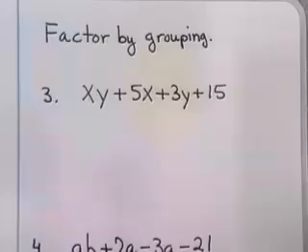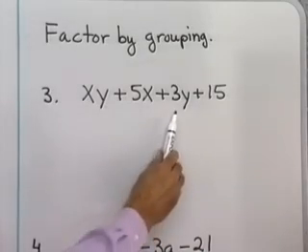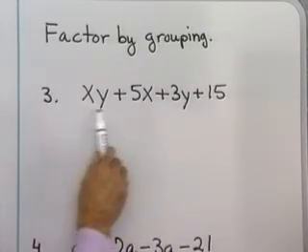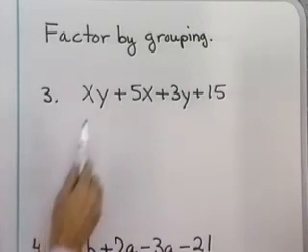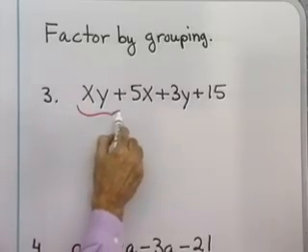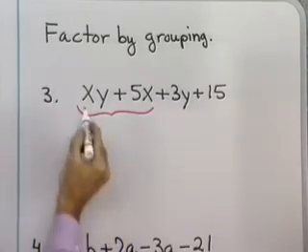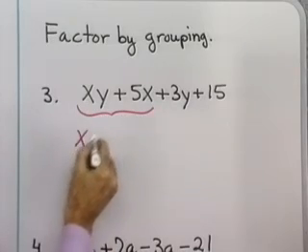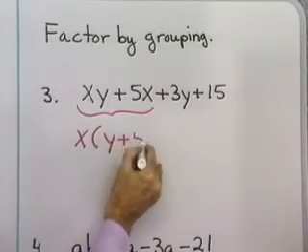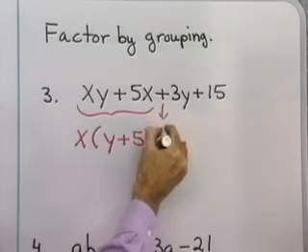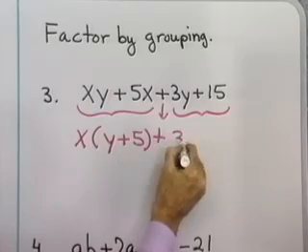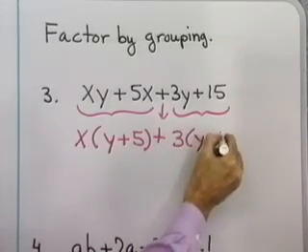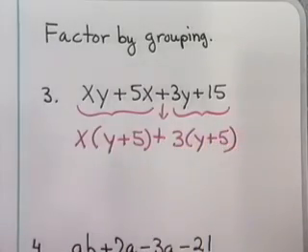Here's our next problem. Let's factor by grouping xy plus 5x plus 3y plus 15. Well, none of these 4 terms have any factor in common other than just 1. So what I'm going to do is group the first 2 terms together and factor what I can from those 2. I see that x is common to each term. I factor it outside, and what's left is y plus 5. Plus, I group these 2 terms together, and I see they have a 3 in common, so I factor it out